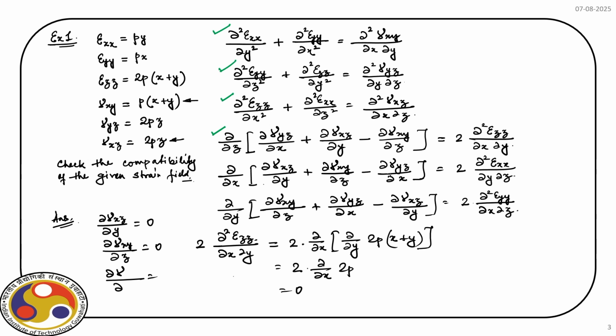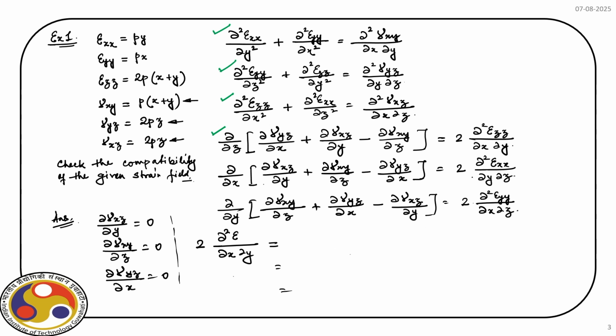So, this is 0. Last term gamma yz, and that we have to differentiate with respect to x. Again, it is not a function of x, and therefore, it is 0. So, the left hand side of the equation is 0. Now, to check the right hand side, there we have to differentiate epsilon xx with respect to y and z, right. So, we have